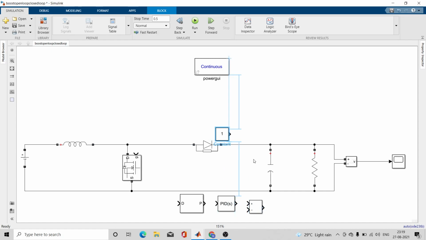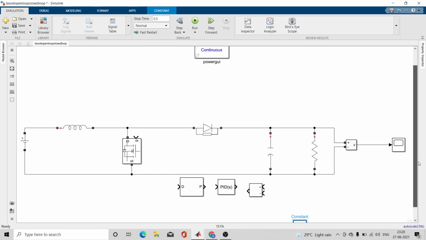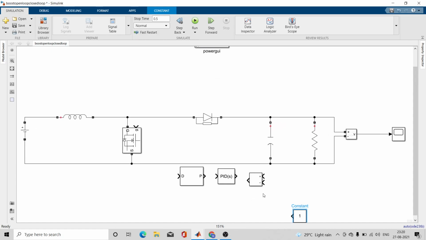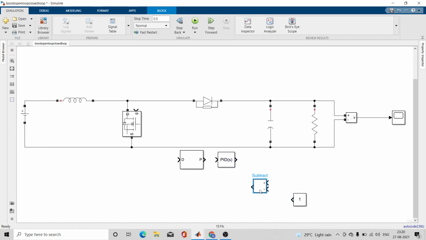I will have to rotate them. Straight. Let me rotate this as well.